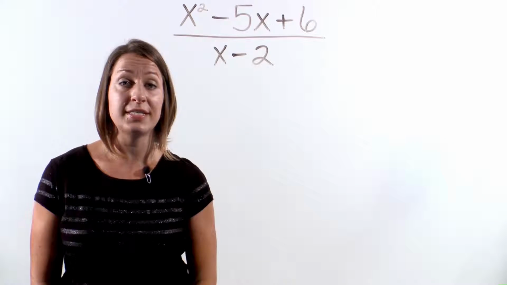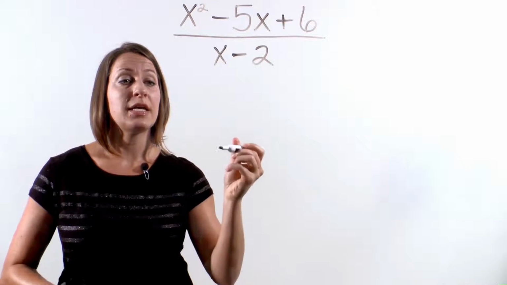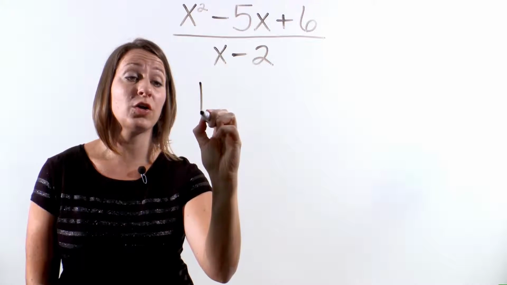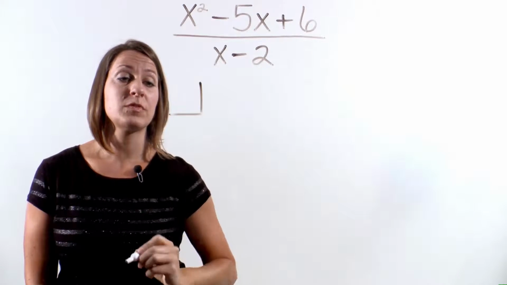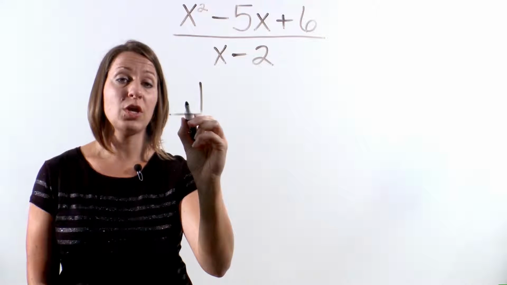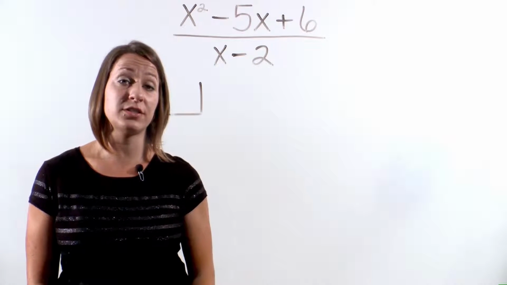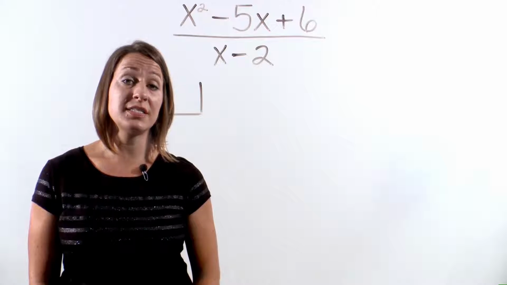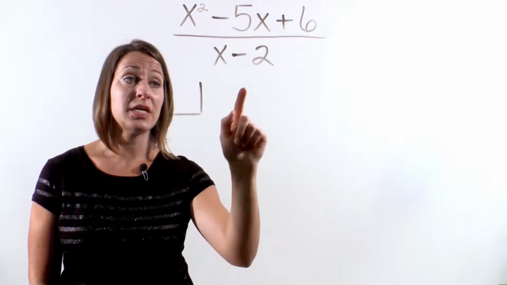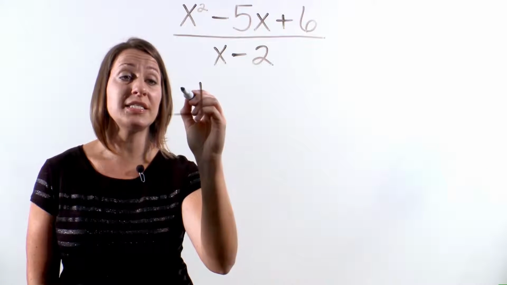synthetic division process. The first thing you'll do is draw what I call a corner on the edge of your paper. In this corner, we are going to put the opposite number found in our divisor. We have the constant negative 2 in the bottom of our fraction. So we're going to put positive 2